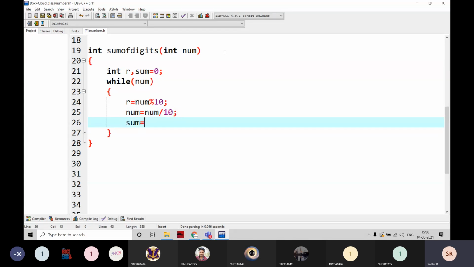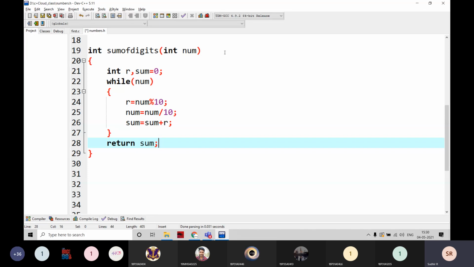If it is the reverse of a number, I'm going to write like this. Just simply I'm going to delete this multiplication into 10. Then it is automatically converted into sum of the digits here. Then I'm going to return sum.